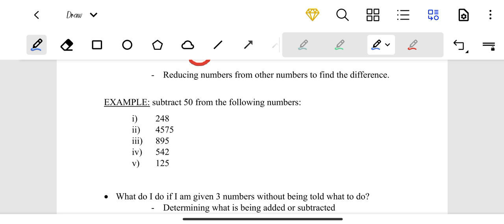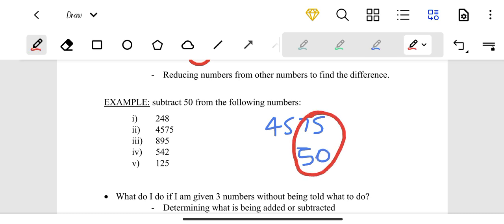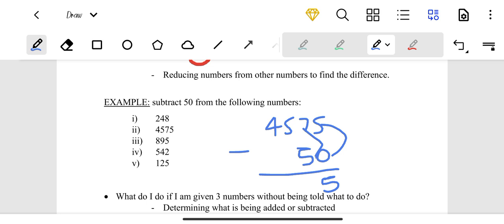So next we have 475, subtracting a 50. So we're only going to look at these ones because they are in the same place value. So let me just remove that and then draw a line, have a negative there. 5 minus 0 is 5. 7 minus 5 is 2. This one minus empty, that one minus empty. We're going to have our 425 there. And then that's the final answer for number 2.